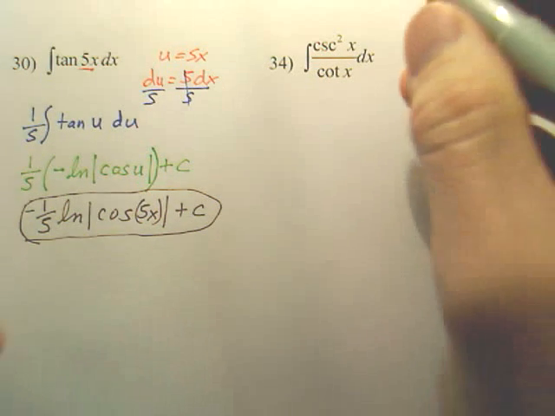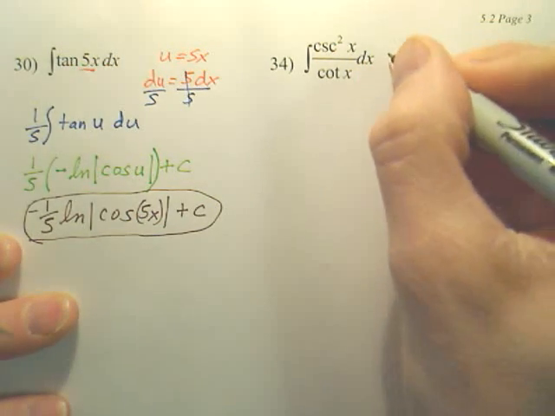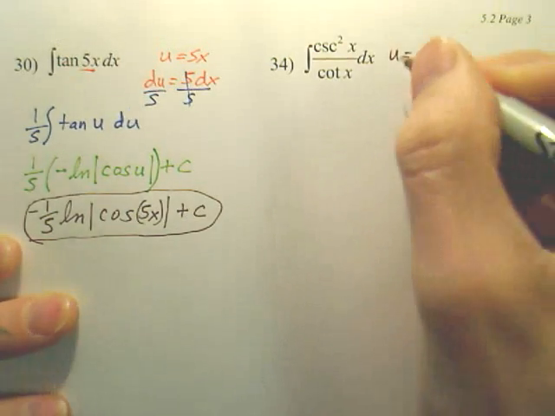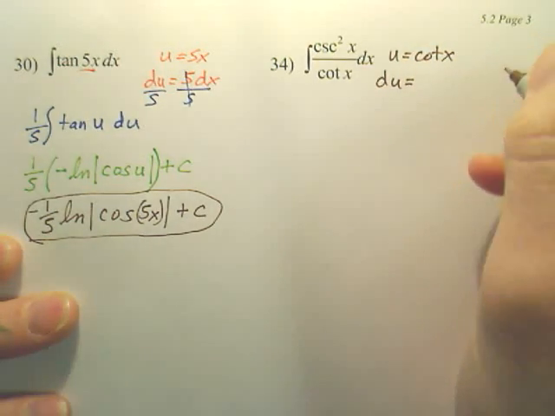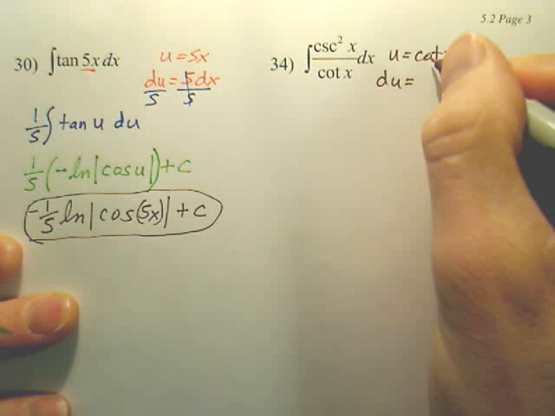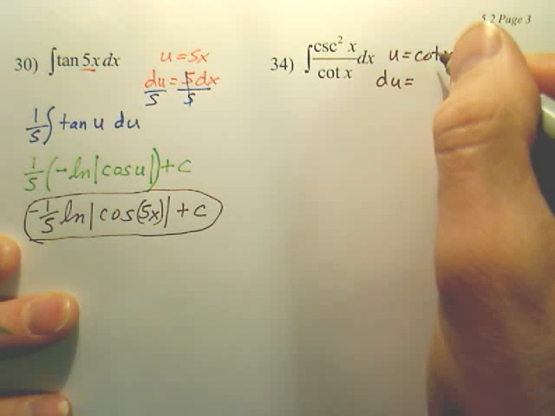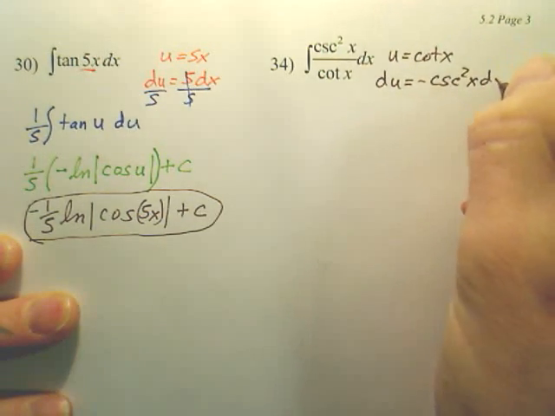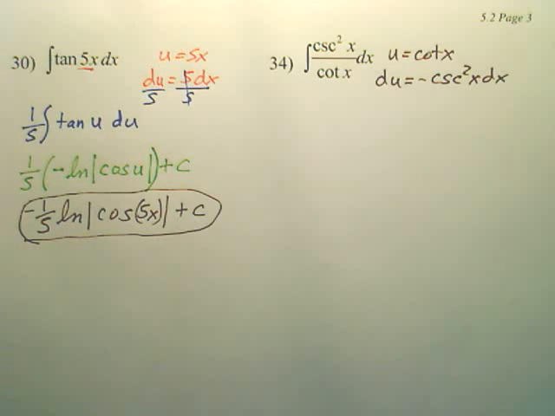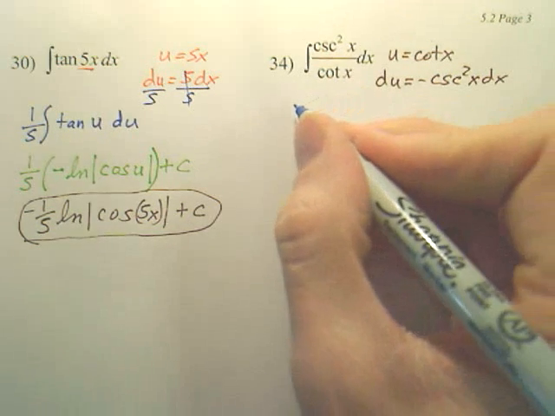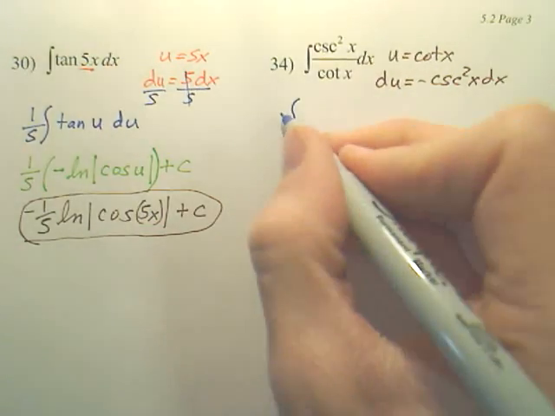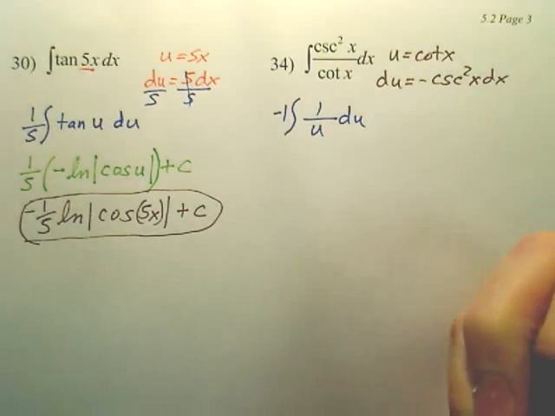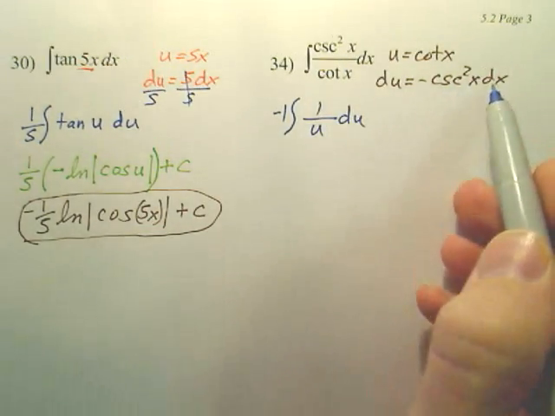Now, for number 34, there's two ways of doing this. I'm going to first do a u substitution. If I set my bottom to u, my top would end up being the integral of derivative of cotangent, which is negative cosecant squared x dx. So this one would be actually a really simple problem. Ends up being a negative 1 out front, 1 over u du, because this is this, put the negative out front,